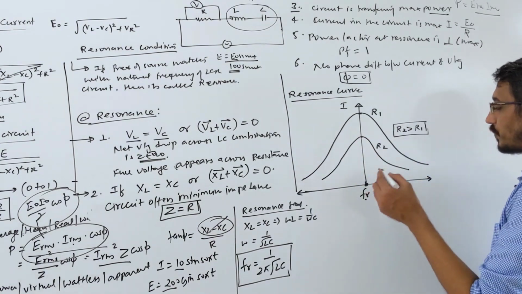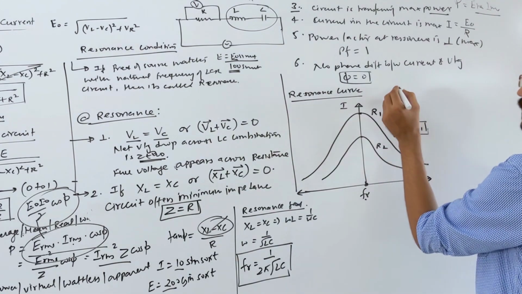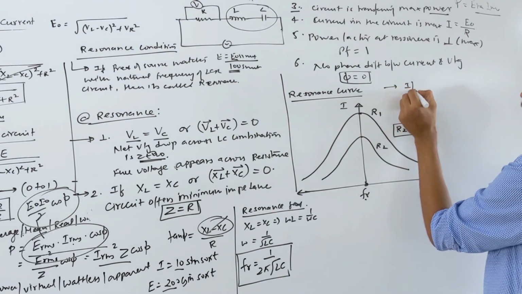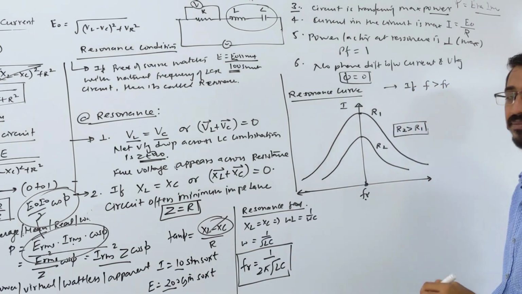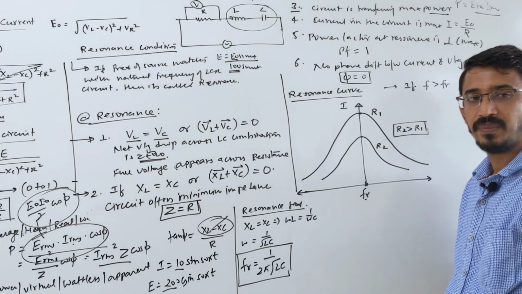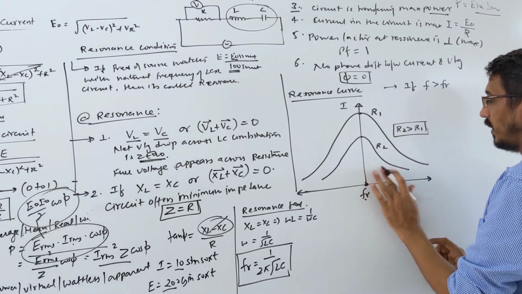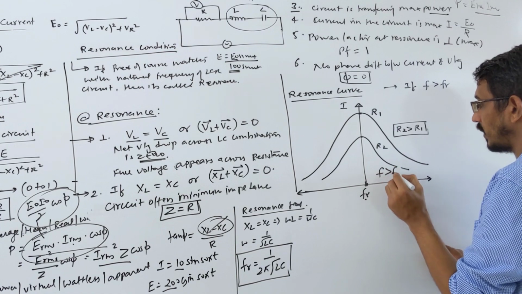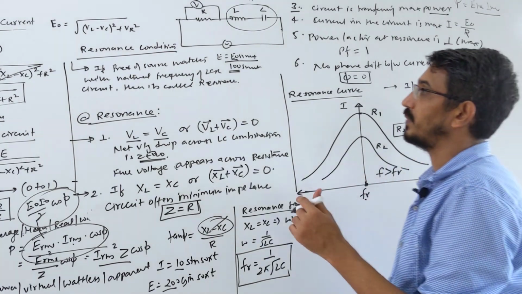Yes. So listen here, very important. We write some points about this. Look here. Suppose your given frequency is more than the resonance frequency. The supplied frequency F is more than the resonance frequency, means you are in this region. In this region what happens? Your F is more than FR. Correct? If frequency is more than resonance, then look here.